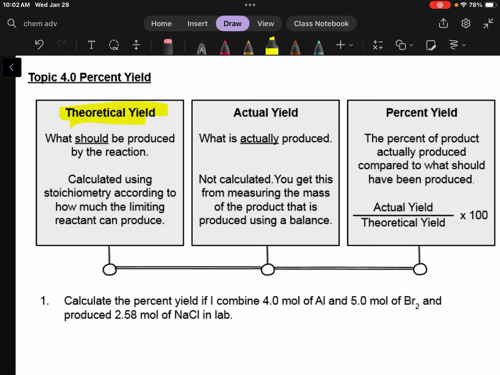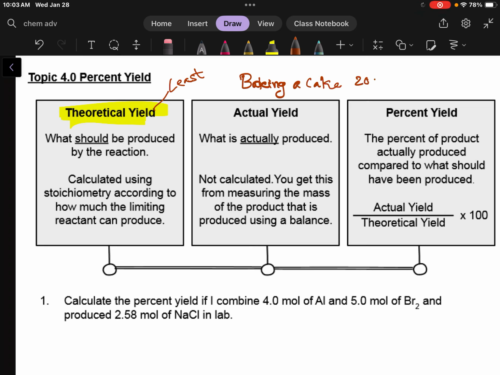So theoretical yield we can calculate using two reactants, and whichever value is the least from the two reactants, we consider that as the theoretical yield. Okay, but theoretically we are calculating and getting a value. Say for example, if you are baking a cake